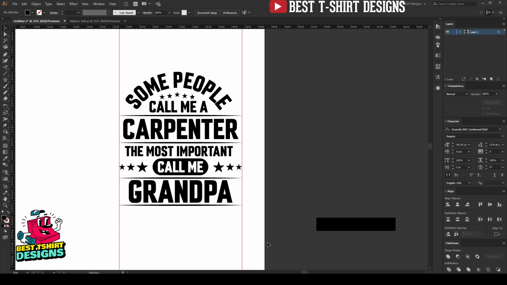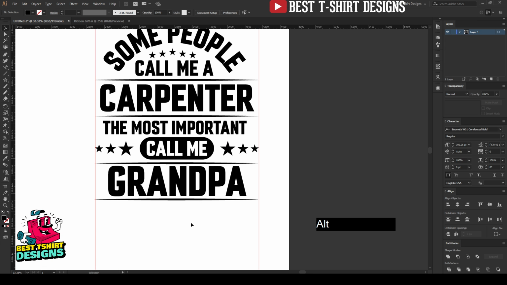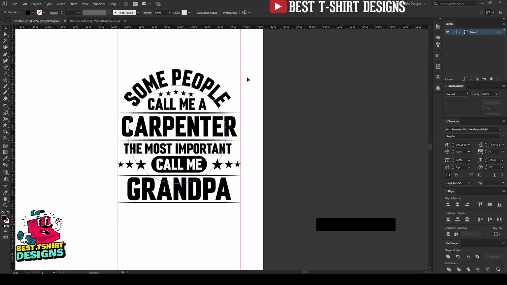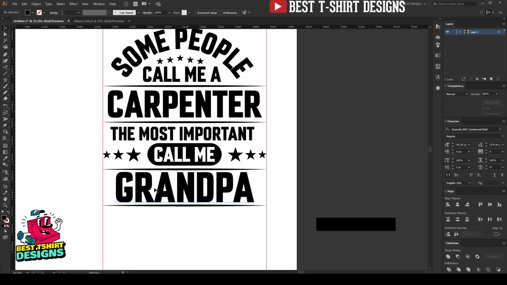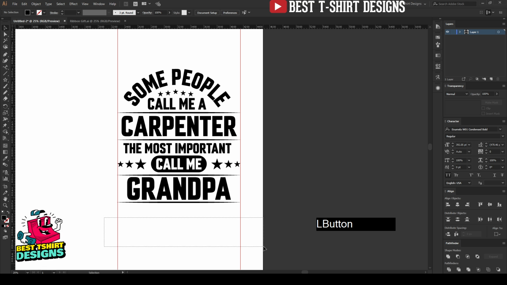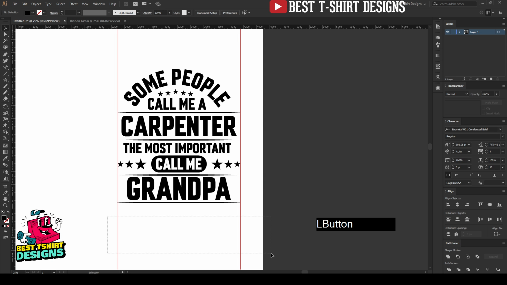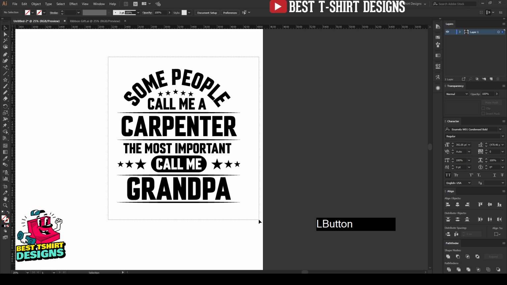I am not going to make anything fancy here, nothing that is going to make it too many vectorized designs, just all simple shapes. And of course I can fill these areas, but for now I am going to leave that empty here. Now I'm going to unlock my guides and then delete them, so that is fine. So this is my final design for this one.